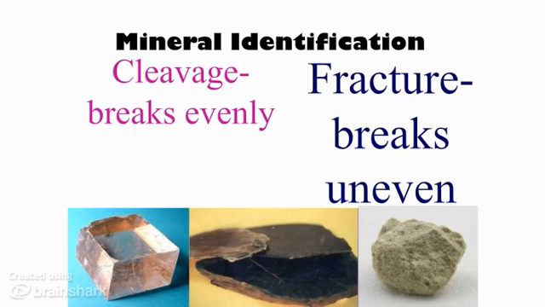The picture in the middle also represents cleavage. This is the mineral mica. And this mineral peels off in sheets or layers, almost like how you would peel an onion with different layers. That's another example of cleavage. Now, if a mineral does not break with even surfaces, then we say it has fracture. And that just means that it breaks uneven. It has very bumpy, rough, jagged surfaces, like the picture on the bottom right.